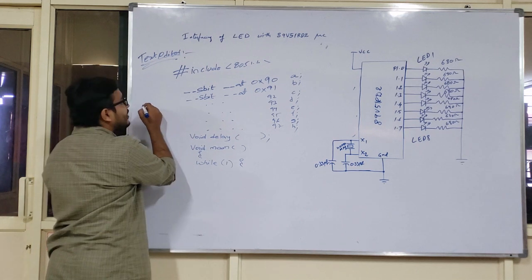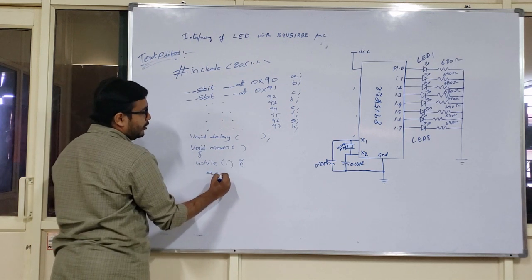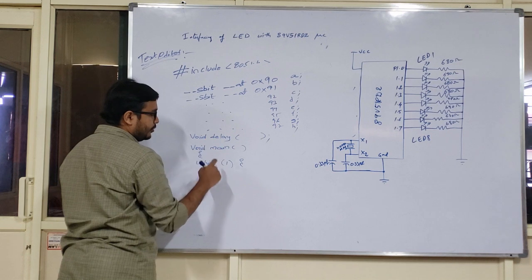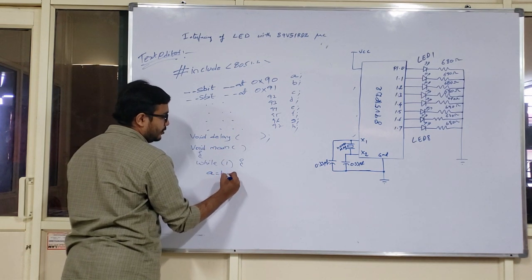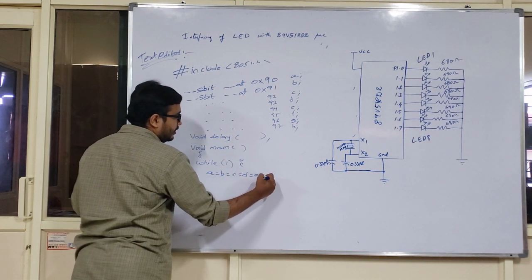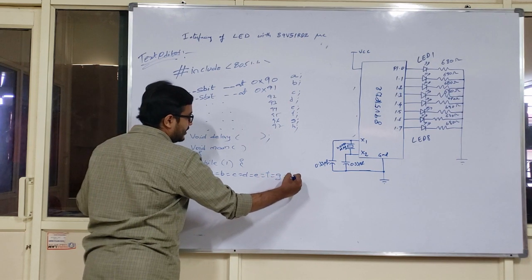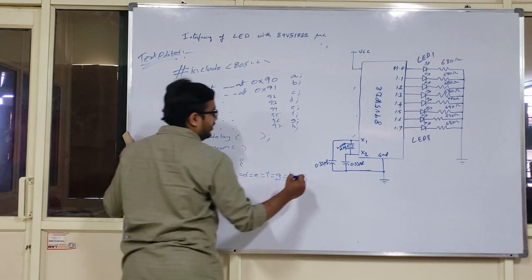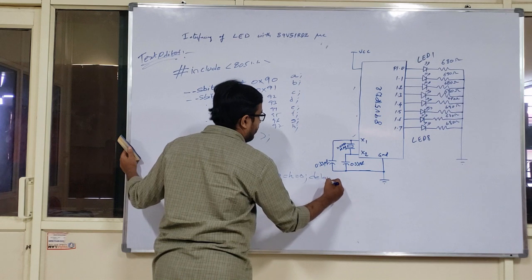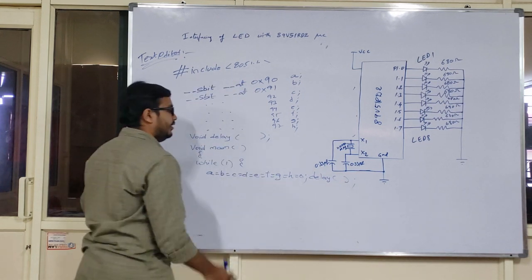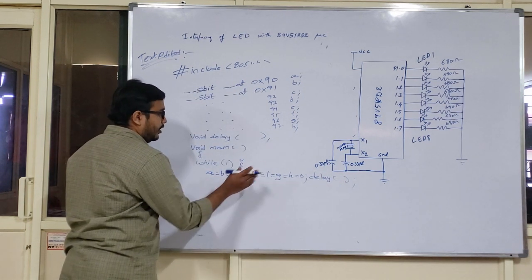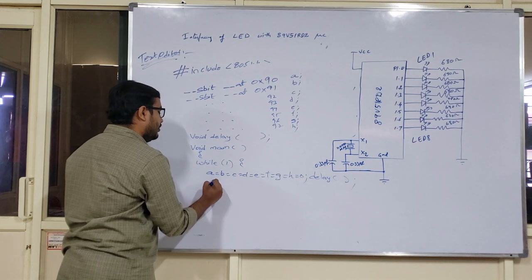In the earlier case, all your P1 is equal to 0, all your port 1 pins are equal to 0. That means A equal to B equal to C equal to D equal to F equal to G equal to H. This will be present for some amount of time, a delay of some amount of time. Now again, after completing that time,